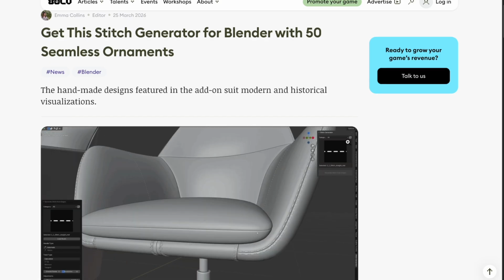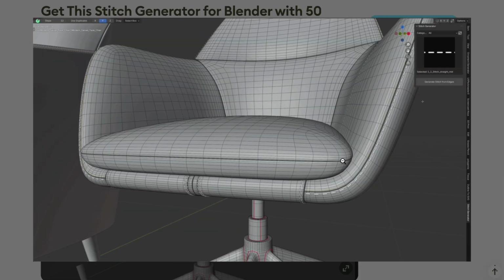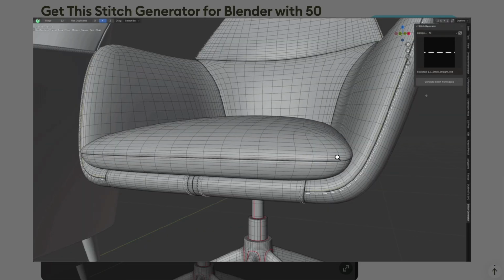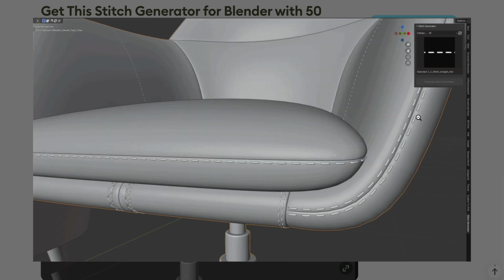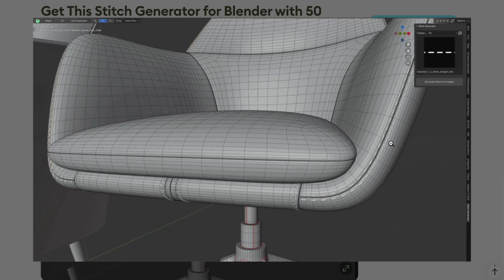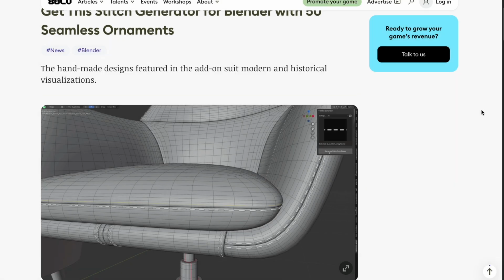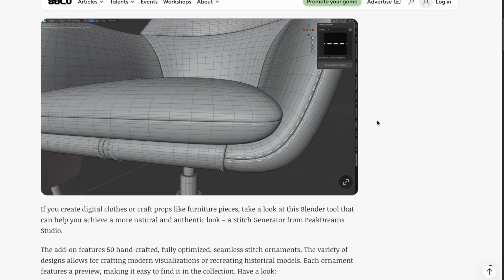If you're paying attention to this GIF, then you probably understand that there is a simple way to do this. Just select the edge loop, select the loop of the vertices and simply generate a stitch. Holy shit. That is remarkable. I haven't tried it. This is not me. I'm just sharing this from an article that I think will be very useful for a lot of people, especially